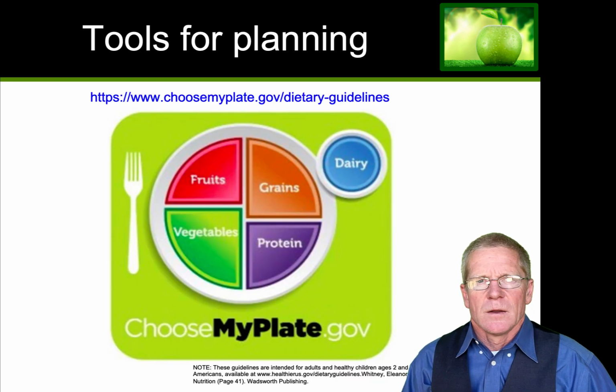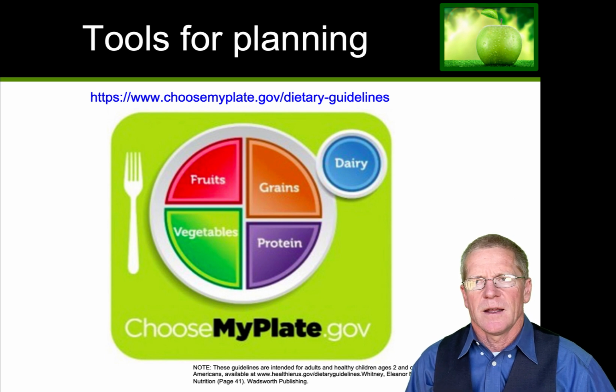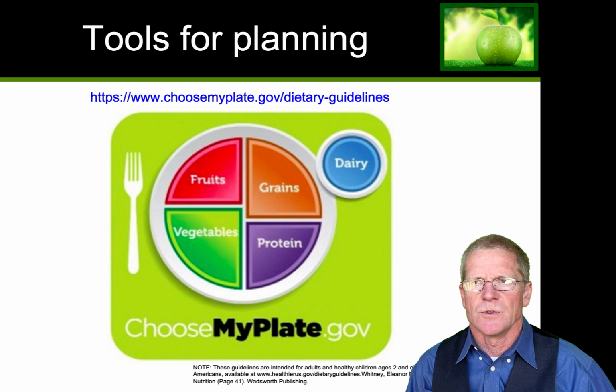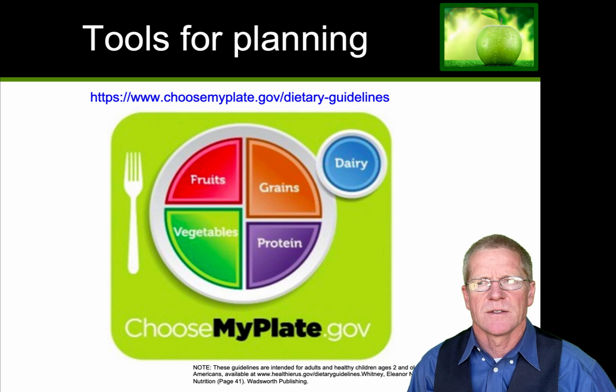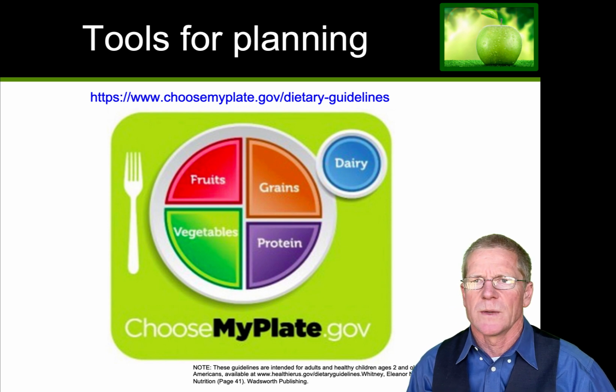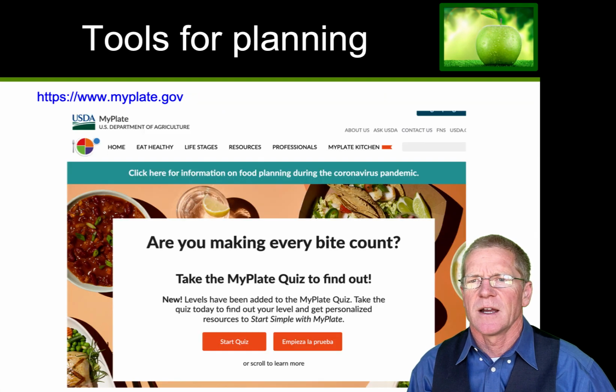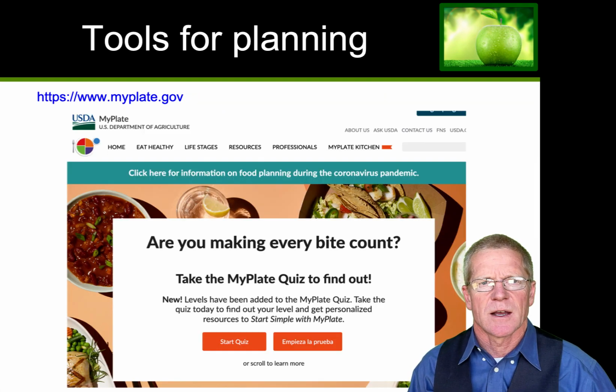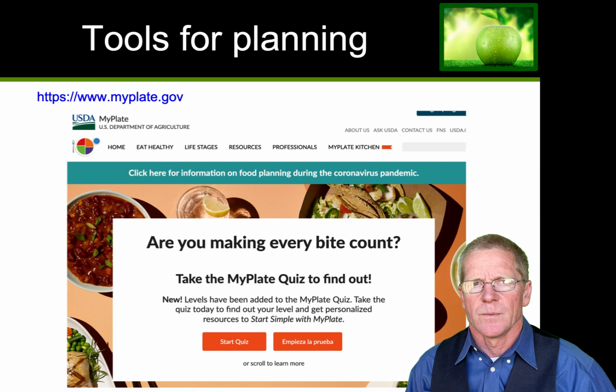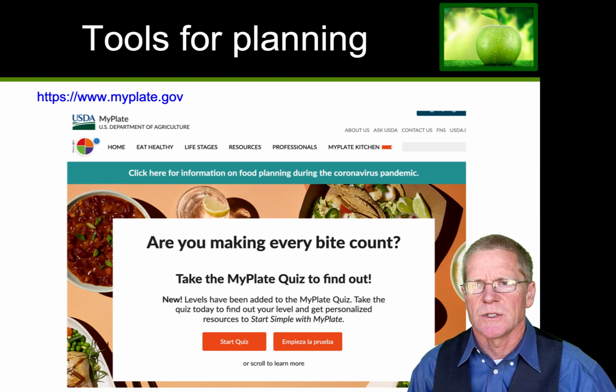One of the best tools for planning a healthy diet is found on the USDA website. It's called Choose MyPlate. You can find it at www.choosemyplate.gov. Go there, enter in your numbers, and you can very rapidly find information regarding how best to balance your food intakes. This would be what the website looks like. You can start the quiz to find out what the USDA recommendations are for you. I thoroughly recommend you do this just to see where your diet falls in comparison to the USDA recommendations.